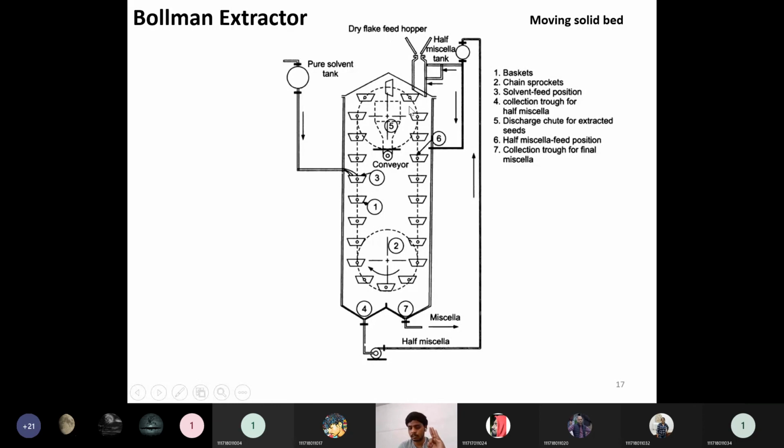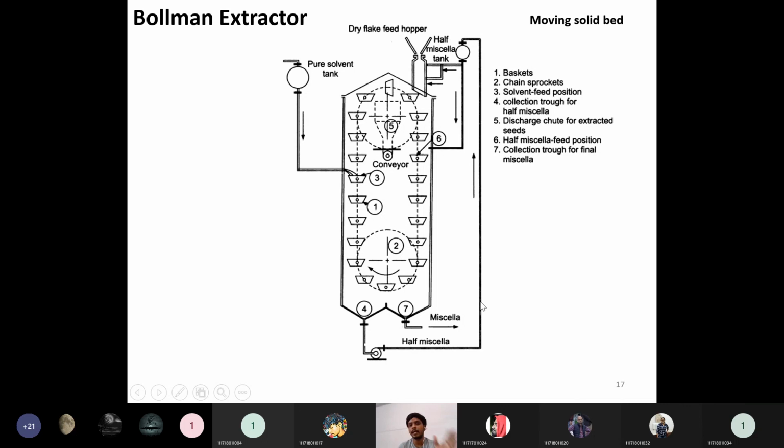Then after a suitable time of this leaching operation, the micella is nothing but oil plus solvent plus some finely divided particles of solids. This micella will be collected out and subjected to further purification. So I have taken the example of oil only. For other examples like nickel ore or copper ore, or gold ore, we can take gold as an example instead of oil. So half micella is nothing but oil plus solvent, and oil plus solvent plus finely divided small particles of solids is called a micella.